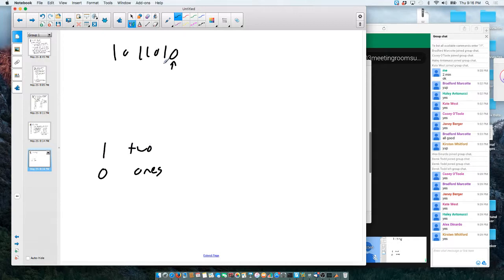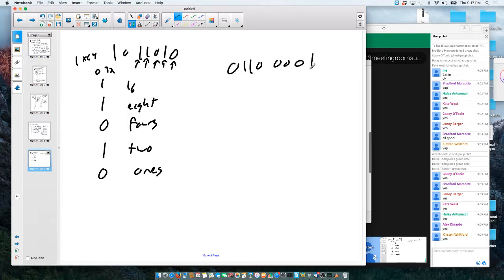And I have 0, so that's the 2. I have 0 4s, 2 times 2. And I have 1 8, 2 times 4. And I have 1 16, 2 times 8. I have 0 32s, and I'm running out of room, 1 64. Okay? So the way I write these things down is, especially if you give me an 8-bit thing, okay? Well, before I do that, if you give me a decimal number,